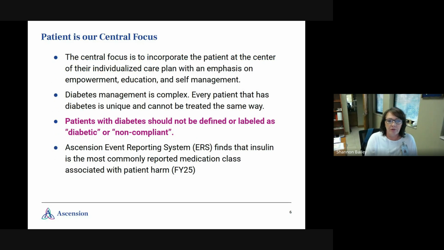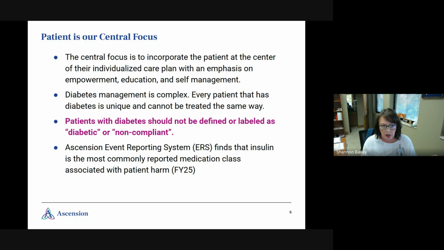So the patient is our central focus, of course. The central focus is to incorporate the patient at the center of their individualized care plan with an emphasis on empowerment, education, and self-management. Like I said earlier, diabetes is complex. Every patient that has diabetes is unique and cannot be treated the same way. I'm sure you've noticed one patient who gets 10 units of insulin, that amount of insulin doesn't even budge their blood sugar, whereas somebody else that gets that same amount can have a low blood sugar. So it's highly individual in terms of medication, nutrition that they're eating, and how physically active they are,